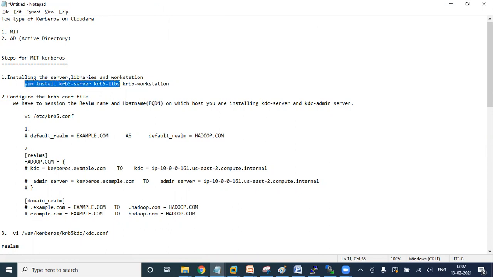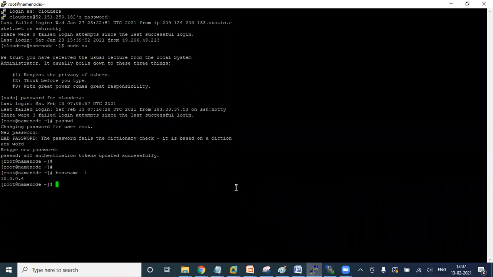Kerberos server, library, and workstation. So this is my Linux box.